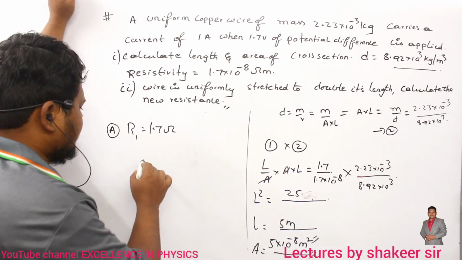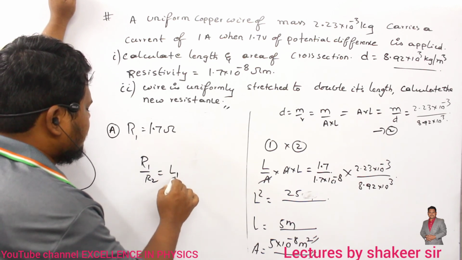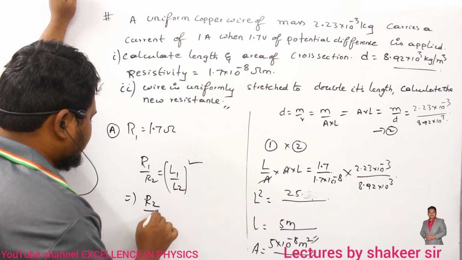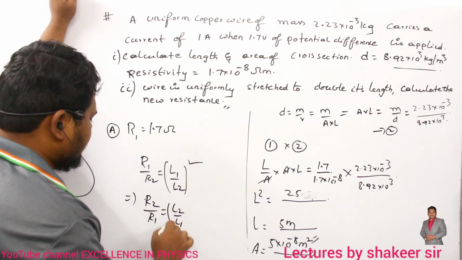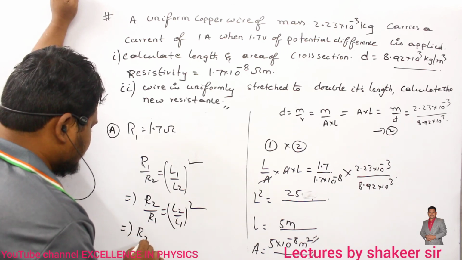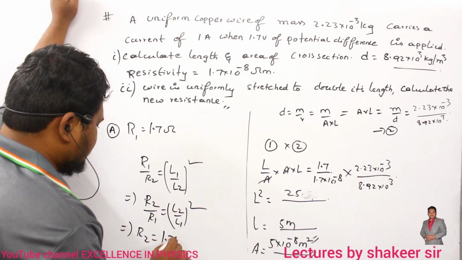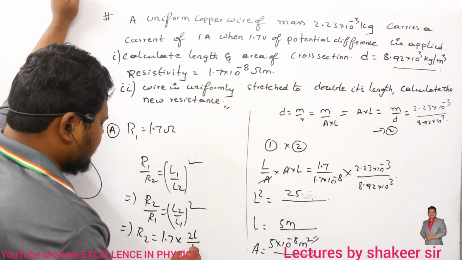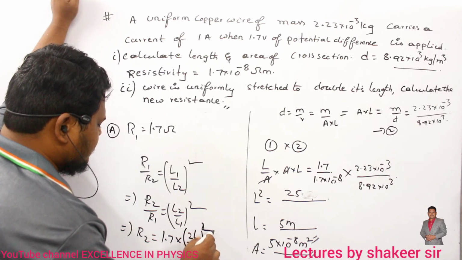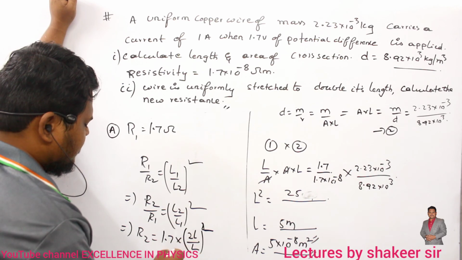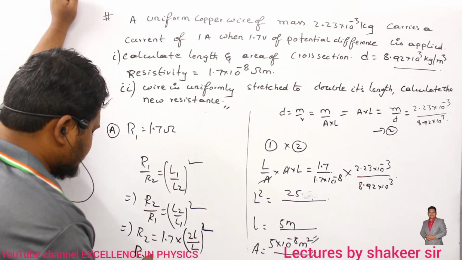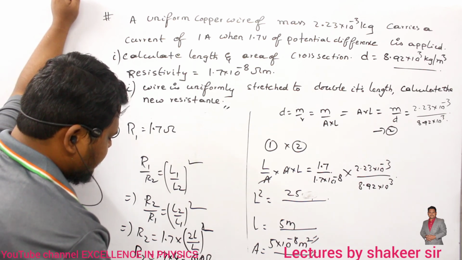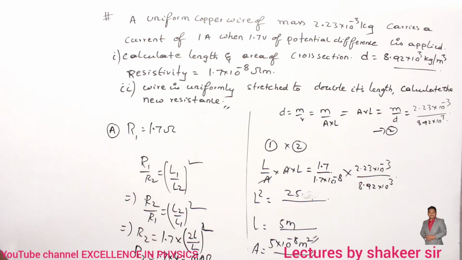Yes, that's all. That relation we have, no? So R1 by R2 is equal to L1 by L2 whole square. So just substitute in this relation. Or I can write R2 divided by R1 is equal to L2 divided by L1 whole square. Clear? So R2 is equal to R1, which is 1.7, multiplied by L2, its length is doubled, so 2L divided by L whole square. If the original length is L, then the final length is 2L. So therefore L and L get cancelled, 2 square is 4, so resistance is 1.7 into 4. So 17 4s are 68, so 6.8 ohms will be our final resistance. That's all. Clear? Come on.